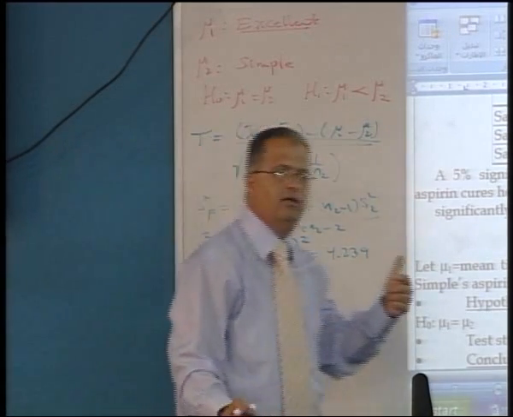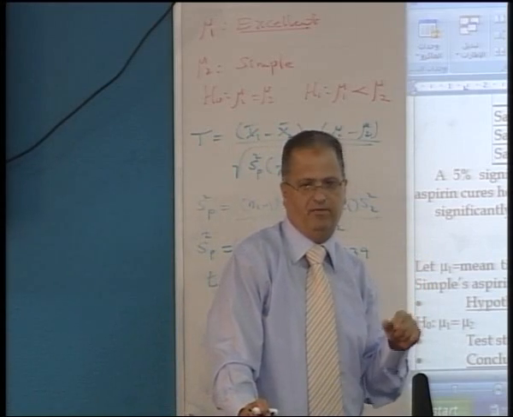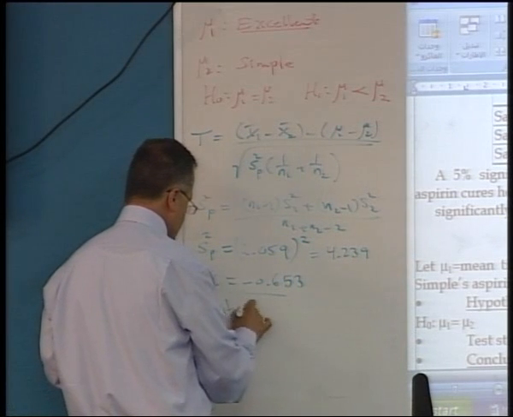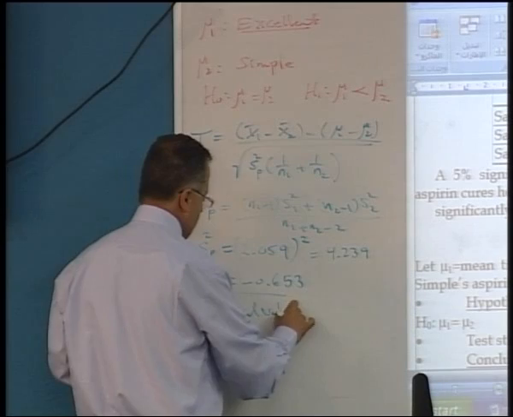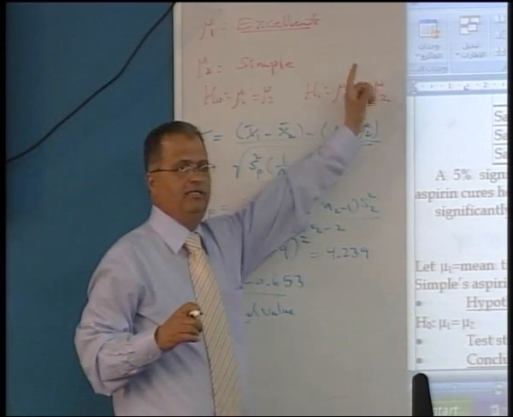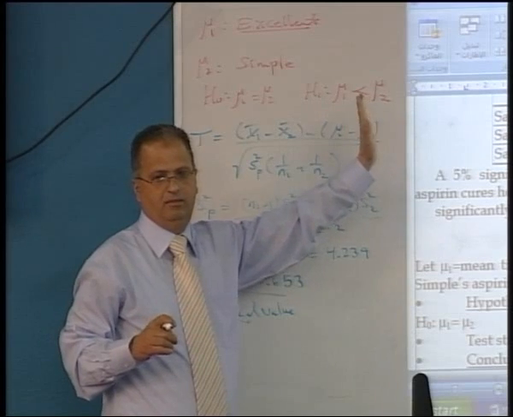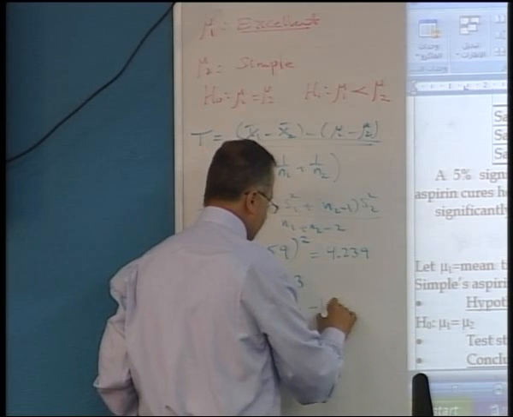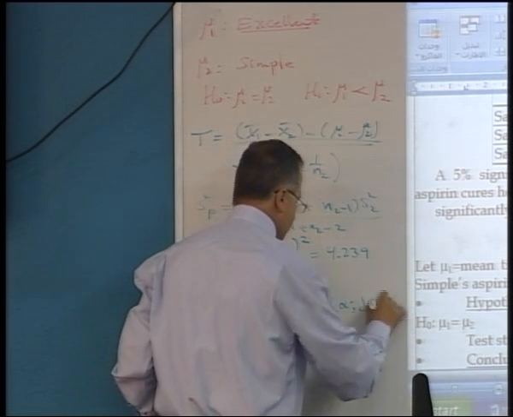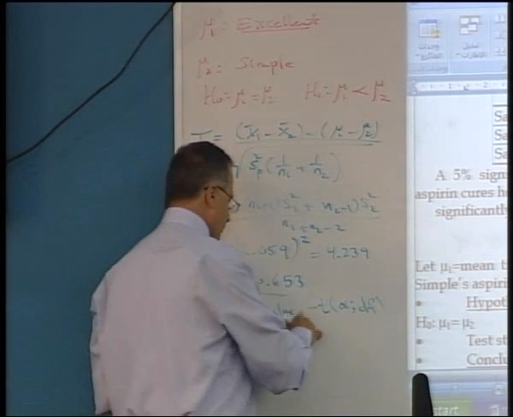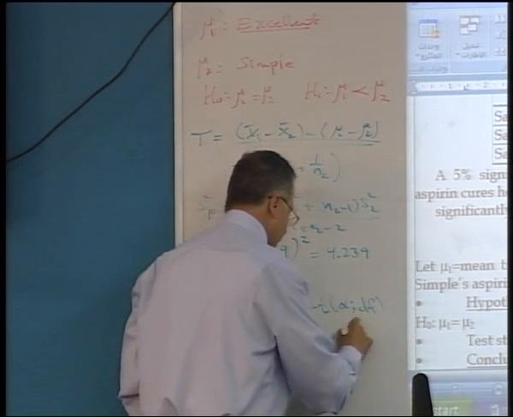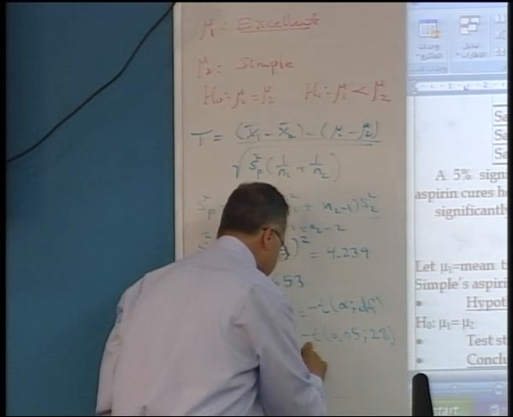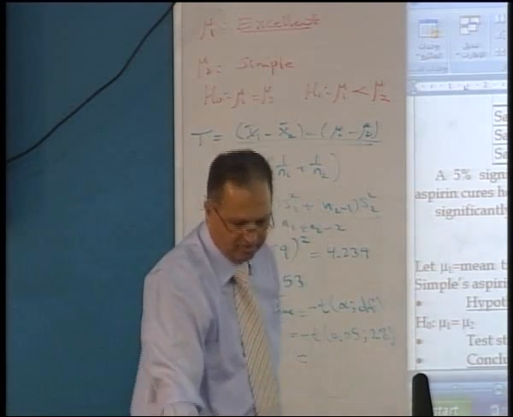Here you can use either the critical value approach or the p-value. Let's do the critical value. Since the alternative is the lower tail, one-sided lower tail, your critical value is negative t alpha with degrees of freedom. So this is equal to negative t 5% with 28 degrees of freedom. By using the table you have